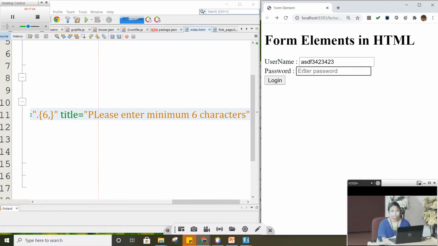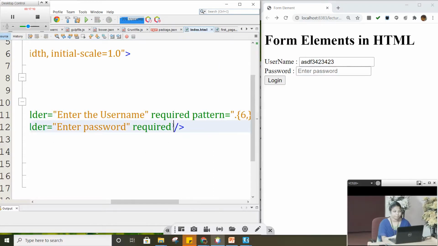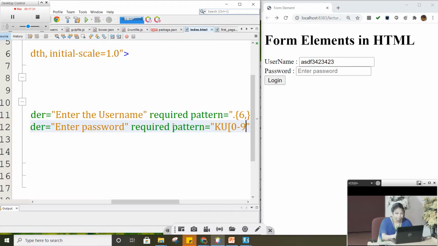So here also for the password, you can give some format. For example, we'll be giving some pattern to the password, and in the pattern I'm going to say your password should always start with KU, something like that. Then followed by some numbers, any numbers, 0 to 9.